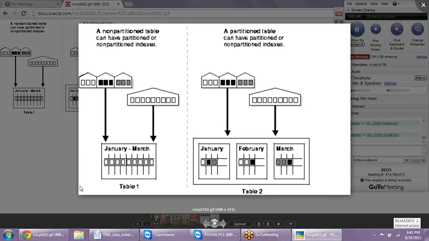So in the earlier case it is not like this. Even though you want February data, you need to scan through January, then February, all those things. So this is one advantage that we have with a partition table. And